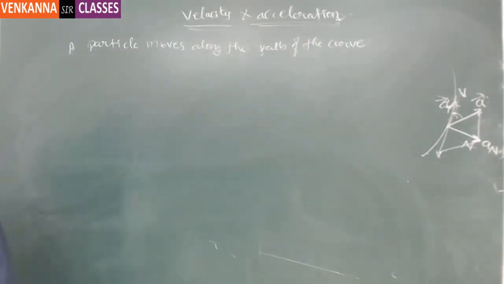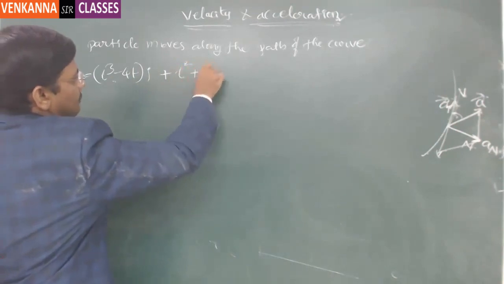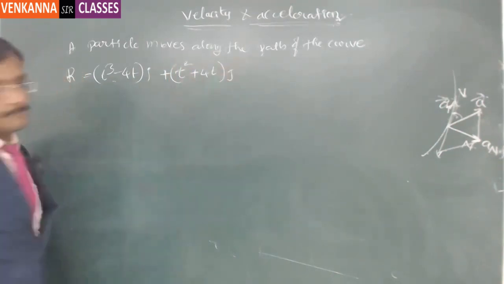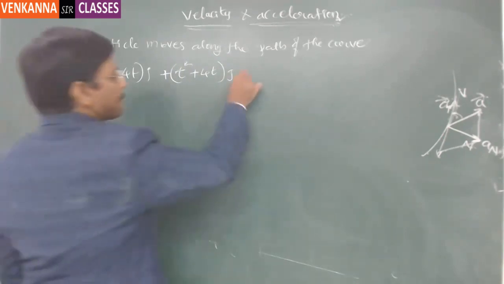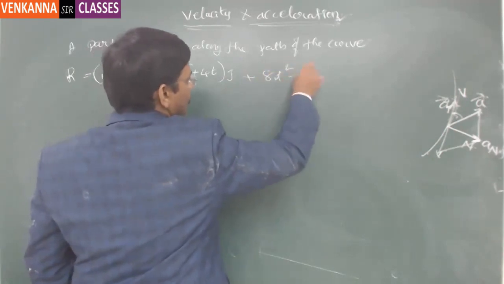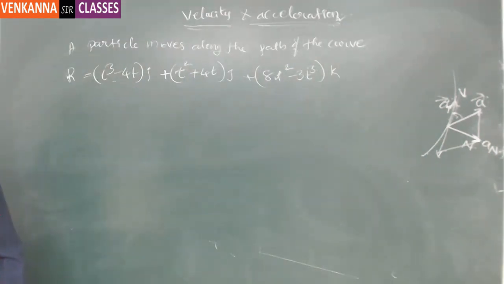r is equal to (t cube minus 4t) i plus (t square plus 4t) j plus (8t square minus 3t cube) k. So this is the position vector, where t denotes the time. Find the magnitude of acceleration along the tangent and normal at t is equal to